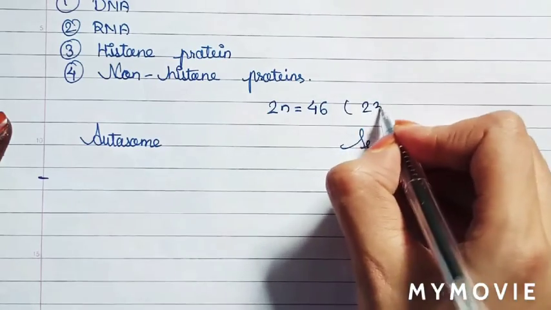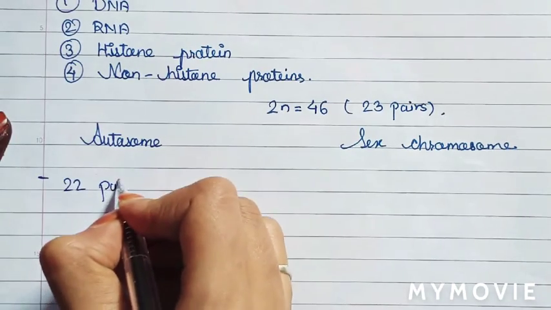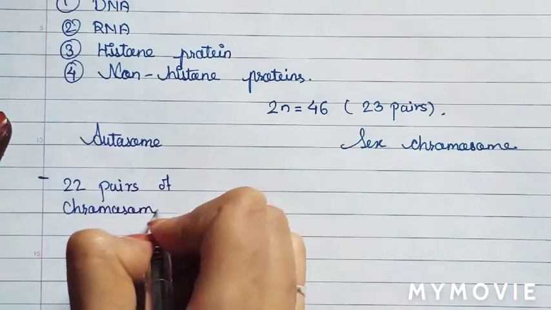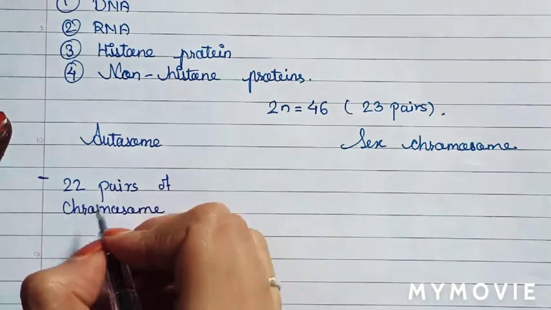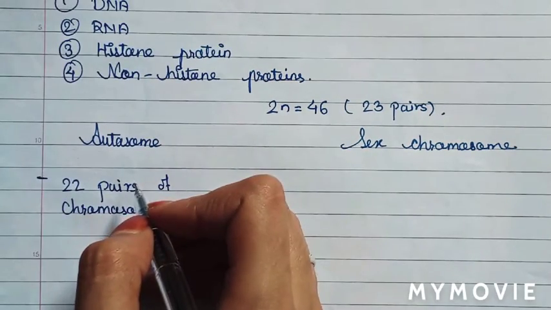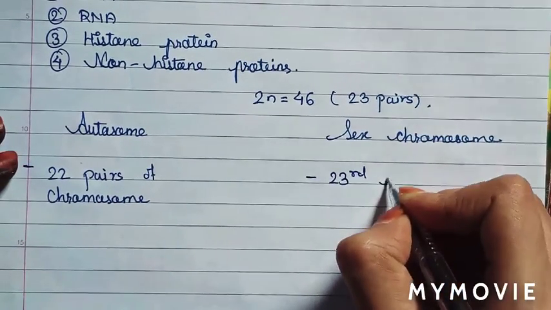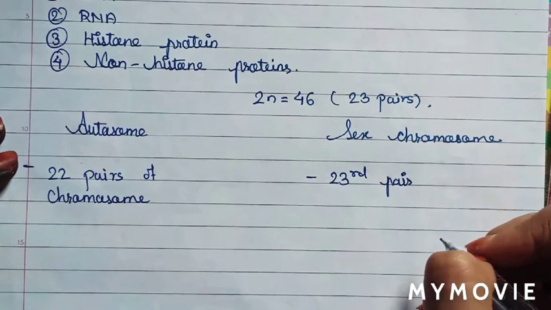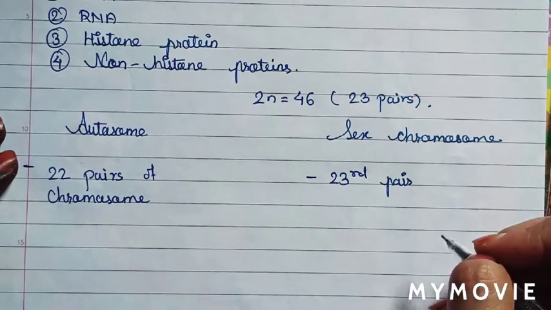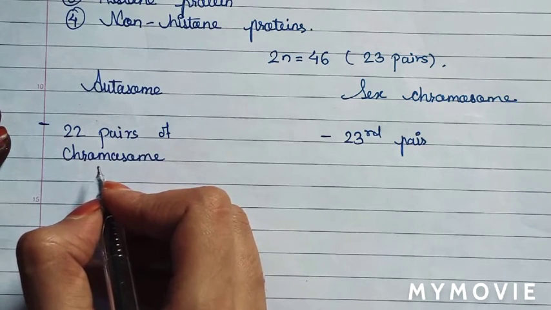It means 23 pairs of chromosomes. So the first 22 pairs of chromosomes are autosomes, and the last 23rd pair of chromosomes is the sex chromosome, which determines whether the child is male or female. Okay, now these 22 pairs of chromosomes control